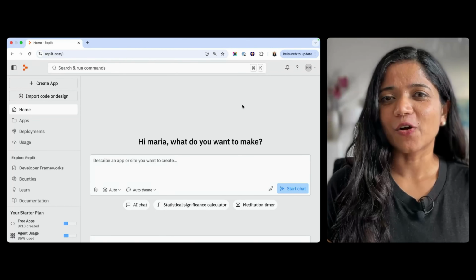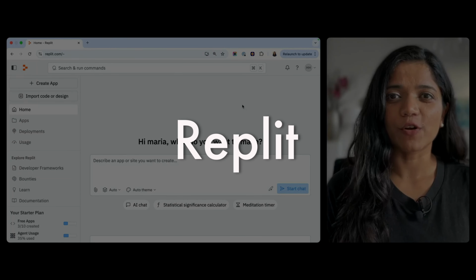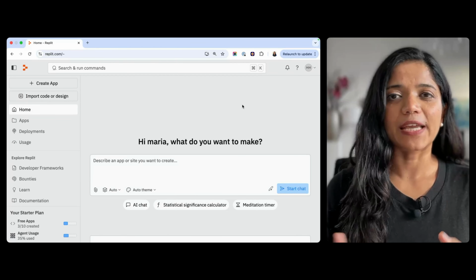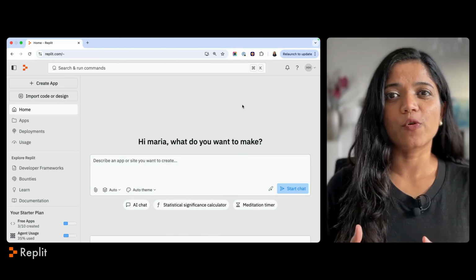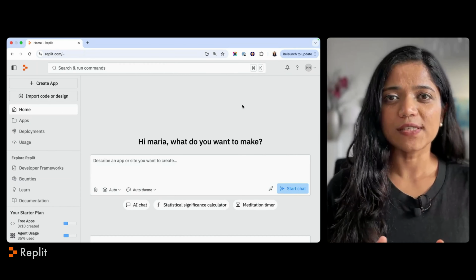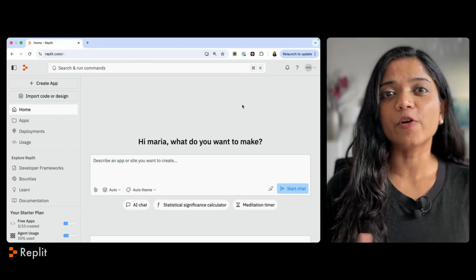Recently, I've been using a lot of vibe coding tools, and Replit is one of those tools. Now, the way I use these vibe coding tools is I enter my idea, I get some output. Usually, that is more like an internal dashboard or some feature that we have been working on. And I use this output to talk to stakeholders and get their opinions on it.